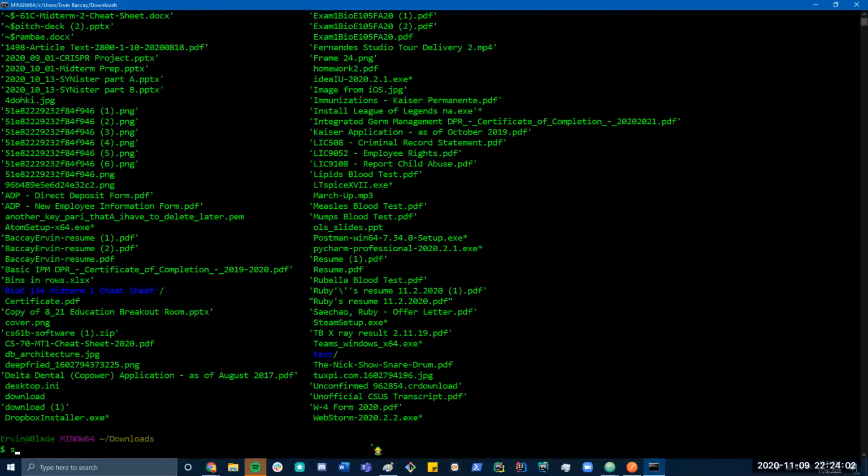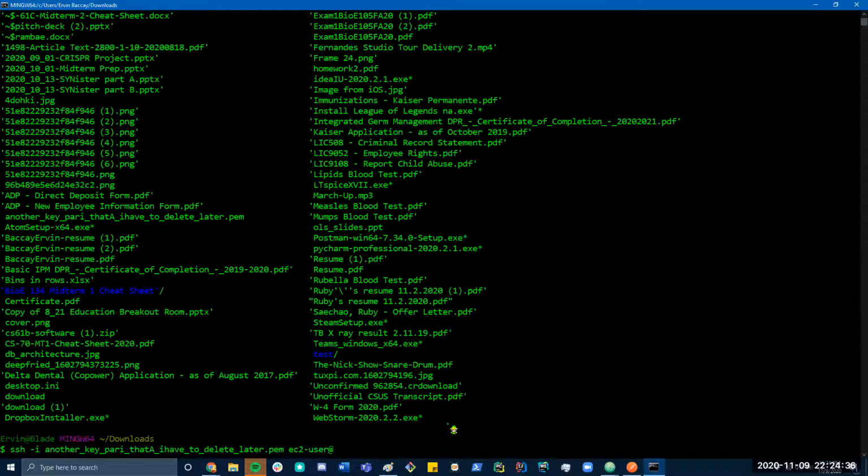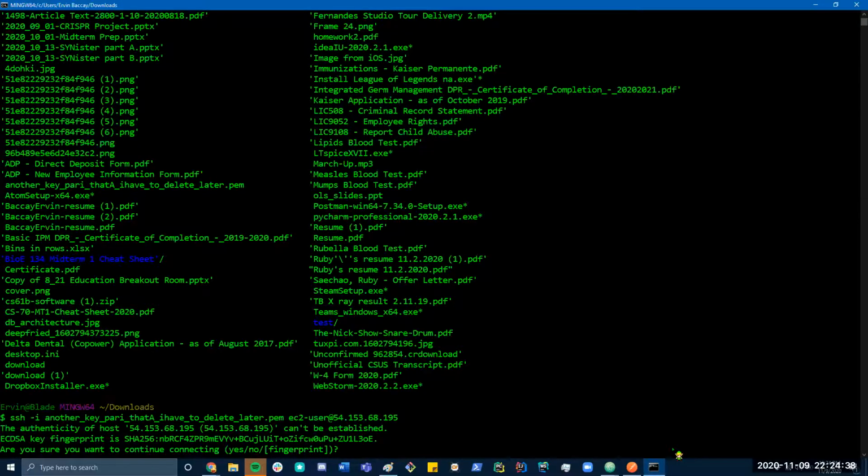Okay, so in order to actually access your EC2 instance or your own personal server, you go ahead and SSH into it. The thing that I downloaded was a key, so you need a specific key to log into this instance, which is good because you don't want anybody to log in. So you would just specify ssh -i, whatever your key is. In this specific case, this is the key file that I used. Next, you log in with the username ec2-user, and then you go into the specific URL that you copied and pasted up here. So let's go ahead and copy this address, drop it here,